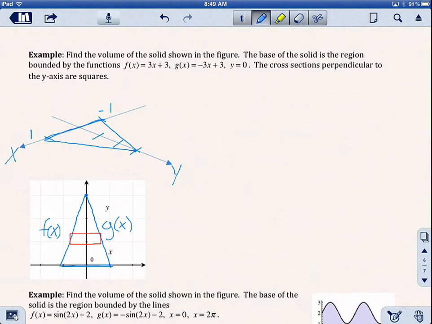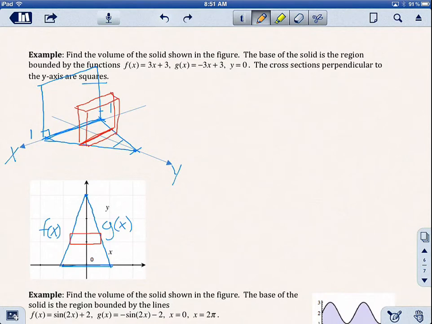Okay, so we just took that base and laid it down flat. And now the cross sections are squares. So basically, we need to take this length and make a square out of it. Okay, and we know it's a square because it's perpendicular here, and these lengths are the same. And we can make those squares going across the entire section there. And so I'm going to draw in my representative rectangle that we drew down below. So that was right about here. So I'm going to take this length and make a square out of it. So we go up the same distance. Okay, and so here's our little cross section,